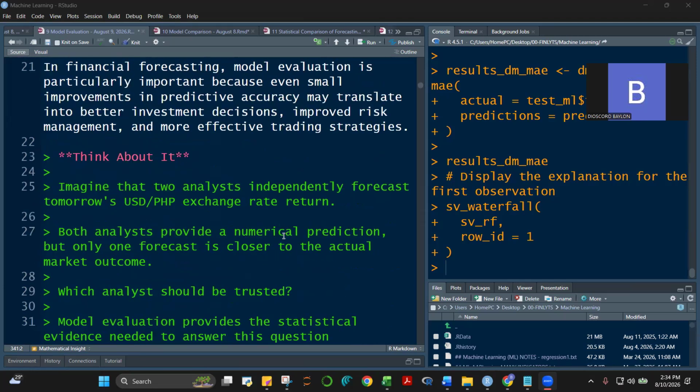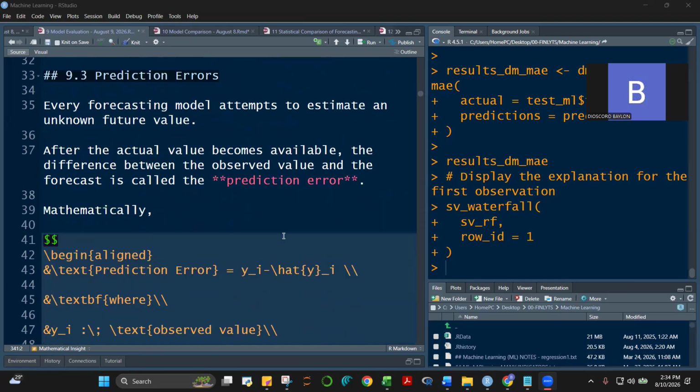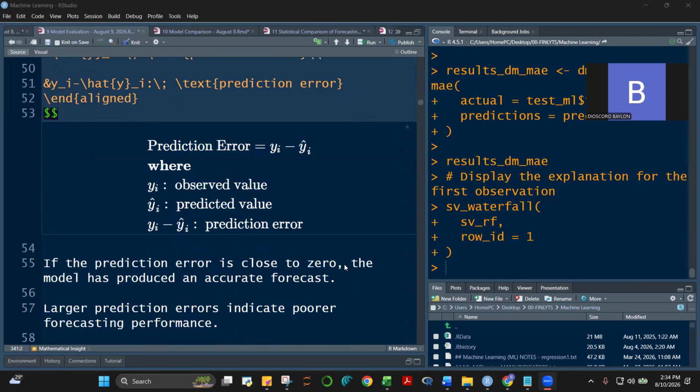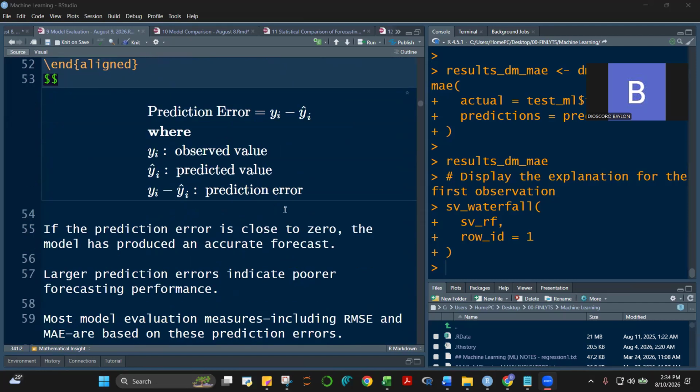We already discussed this last time, and we said that what's important is for us to determine the prediction errors. The prediction error is defined by the difference between our actual value and our predicted value. Of course, our predicted value will be based on the testing model. If you recall, how did we go about our process?